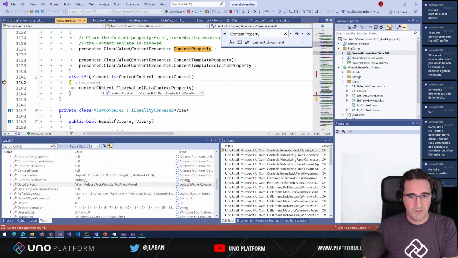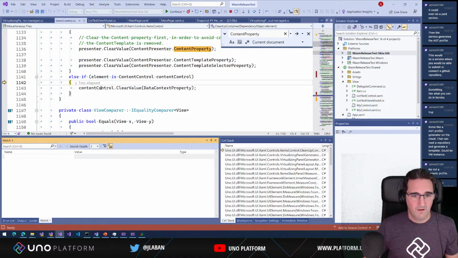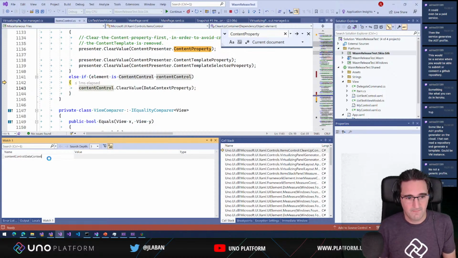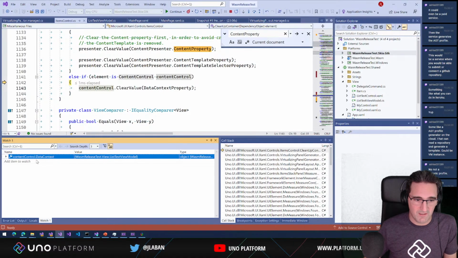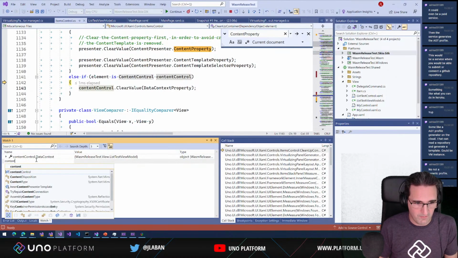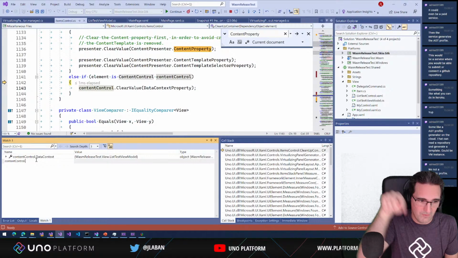In here, I should be having content control data context. That should be reset to something, but it's not. If it's not, that means that something is holding onto it. So I'm going to show you how to drill into